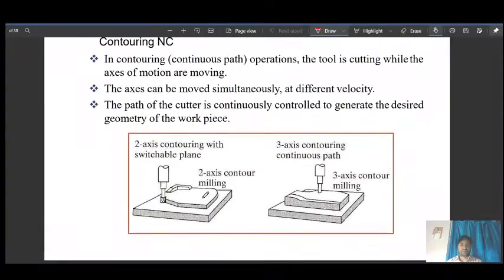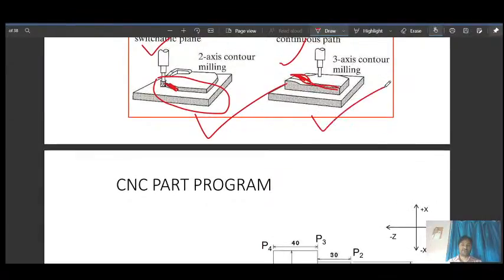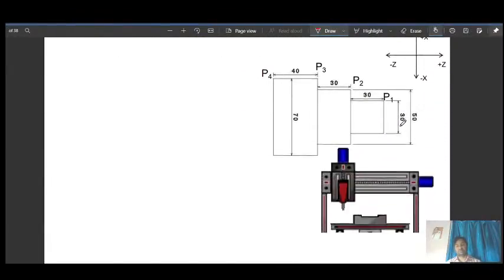And again, in contouring, a third axis can also be involved. Here, two axes, as you can see, tapered. This one is not a slant, it is tapered. So it is a two-axis contouring. And here, if the tool is moving along this profile, there are two axes in this plane, the xy plane, and the third axis in the z direction, as the tool is moving upward also. So three-axis contour milling is here. Contouring with two axes and three axes are both visible here.